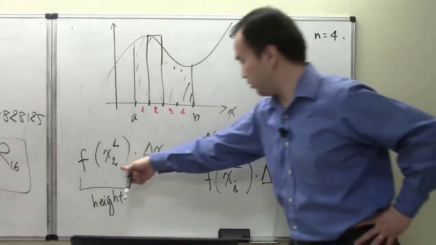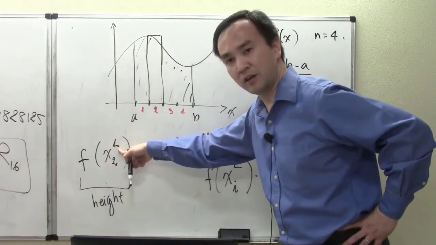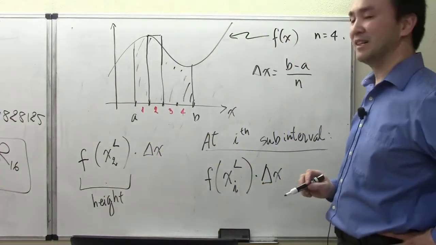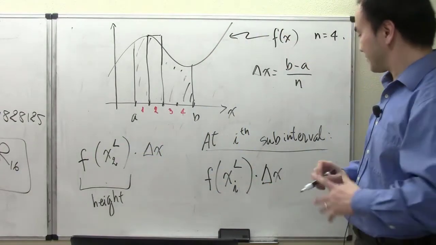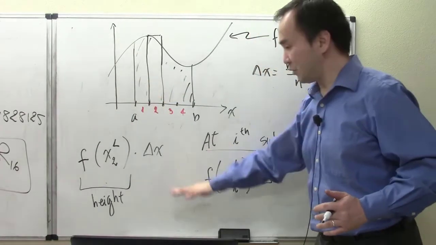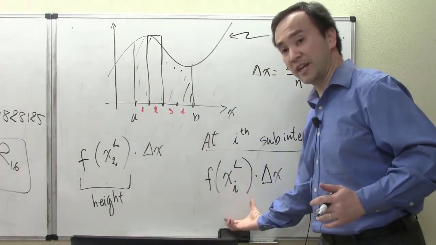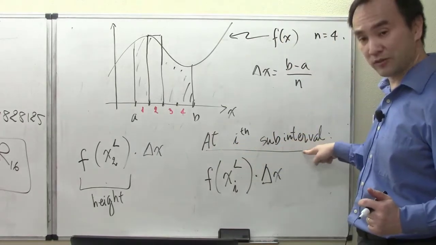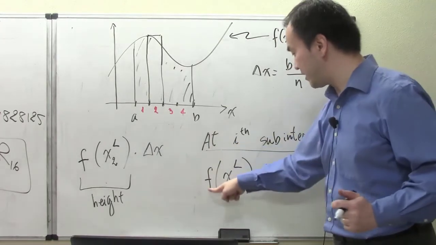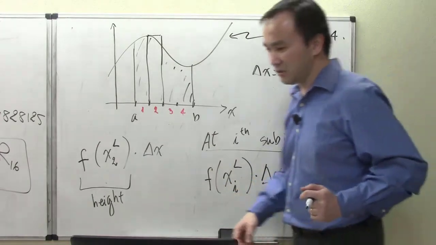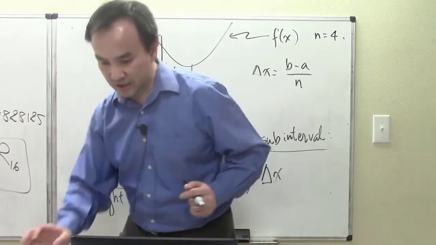Okay, so rectangle 2, that's x2 on the left. Okay, and substitute into the function and multiply with the dx. But that's not all of the work we did. This is only for one rectangle. That's why I'm saying at some ith subinterval, right? We created the rectangle with the area being done as indicated here. And so the generality that in the end, the work that we did there,